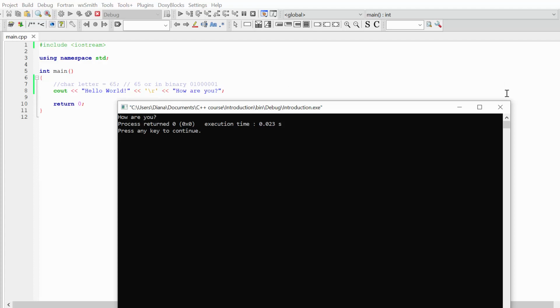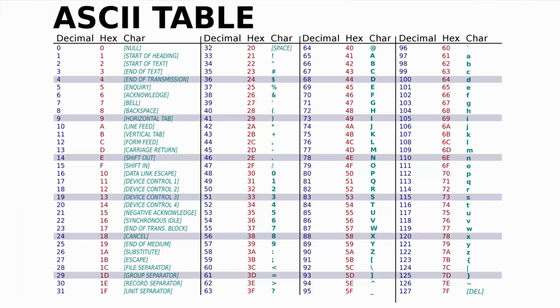Second big question that arises when you look at the table: if a character takes 1 byte of memory, that is 8 bits, and 2 to the power of 8 is 256, why are there only 128 characters in this table? The reason is that this encoding table was created a while ago when only 7 bits of memory were used to represent a character.